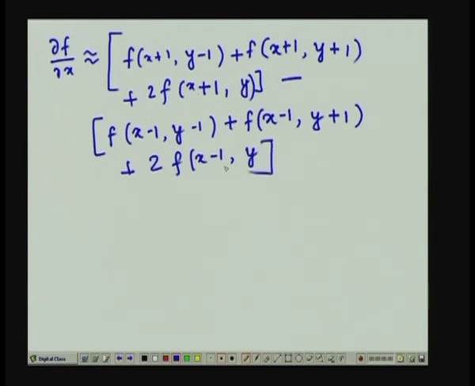So, this is the first order derivative along x direction, and in the same manner we can also obtain the